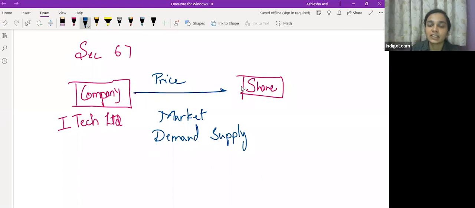अभी कंपनी क्या करती है? कंपनी खुद के शेयर्स खरीदती है और the company wants to raise the price of its securities, so it is basically trying to increase the demand of its securities. तो खुद का शेयर खरीद रही है ताकि शेयर का प्राइस बढ़े, क्योंकि ज्यादा ट्रेड हो रहा है. And using the market sentiments, market economics, the company wants to just increase the price of its shares and raise its demand. So in this situation, company अगर ऐसा कुछ कर रही है, it will create a wrong impression in